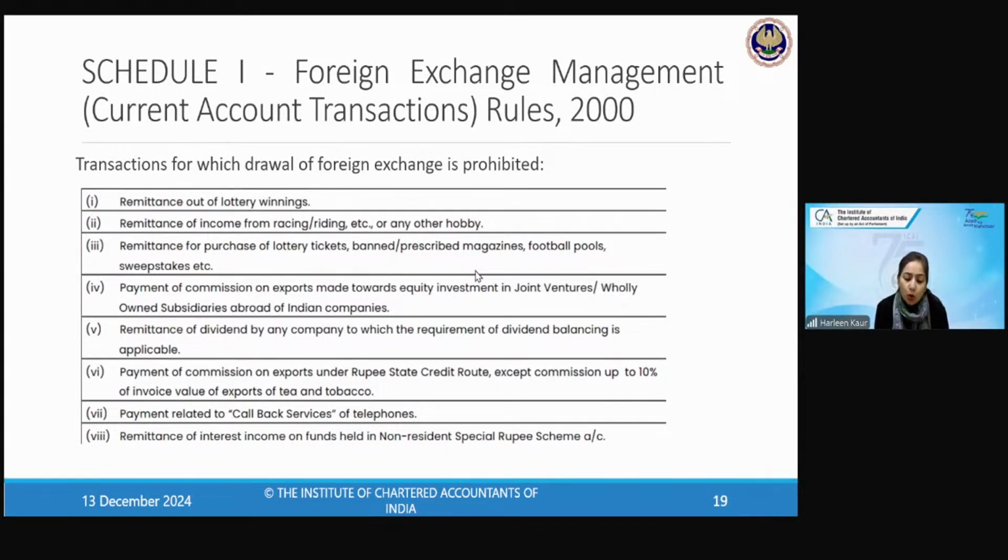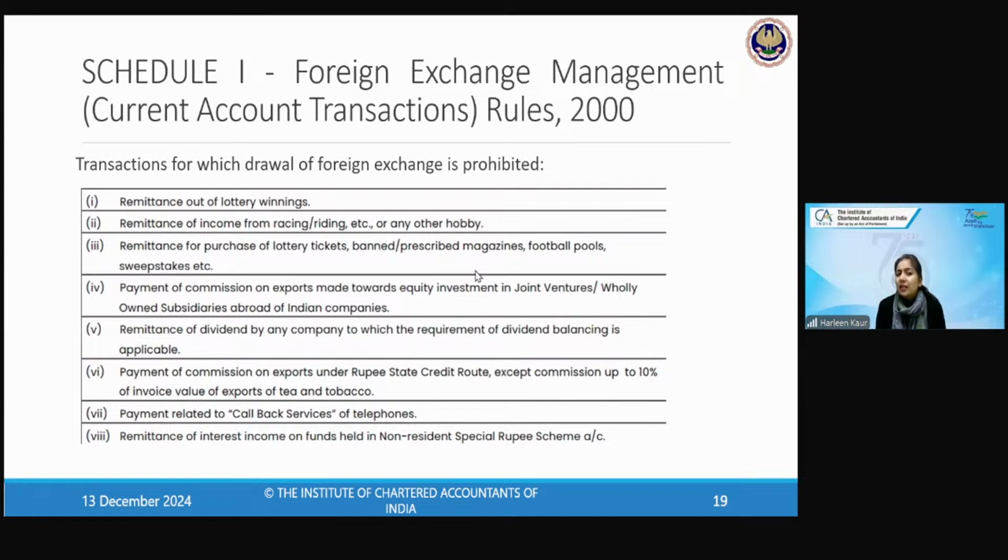So there was Mr. John who came to India and he has won a lot of lottery tickets in India. He has invested in the lottery tickets and he has won 1 crore rupees. Can he take this lottery winnings outside India? He was from USA. Now he wants to take this foreign exchange of lottery winnings outside India. So he went to the authorized person. He said, I want to exchange this foreign exchange in US dollars. Can he be allowed to change that?